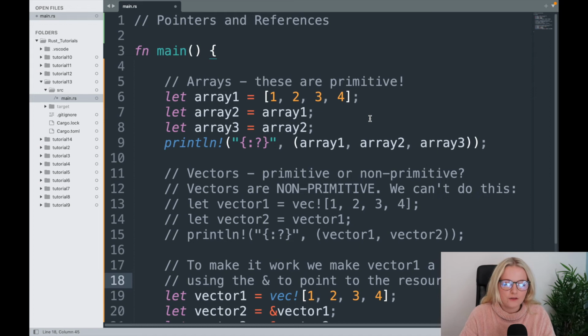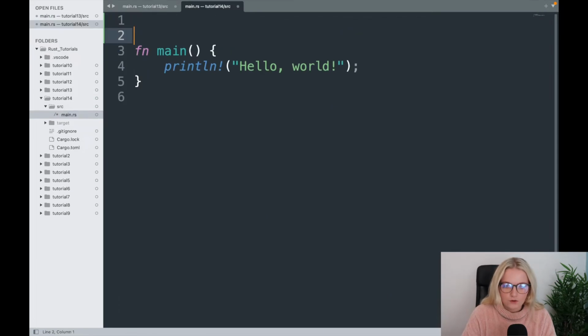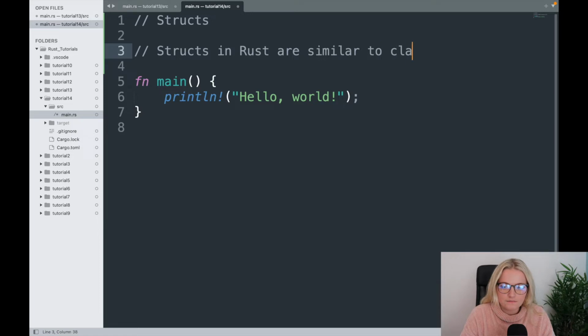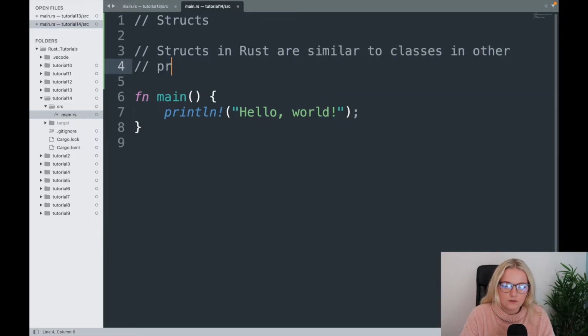Okay, so in the previous video we looked at pointers and references, and in today's video, tutorial 14, we will be looking at what are known as structs. Now we are approaching some of the last videos on Rust, so stick with me, we've almost finished this course. So we are going to look at structs, and we're just going to say structs in Rust are similar to classes in other programming languages,